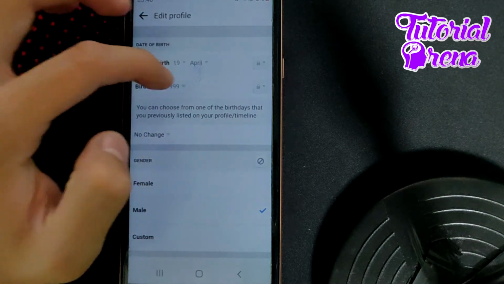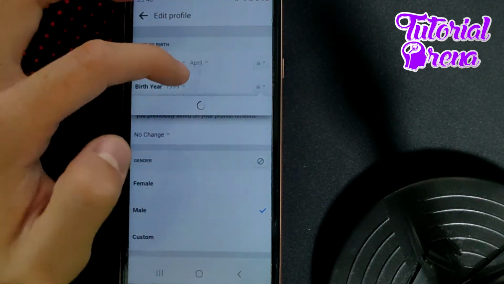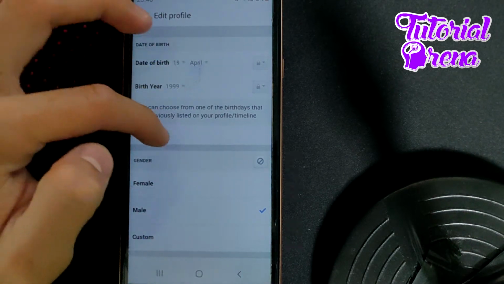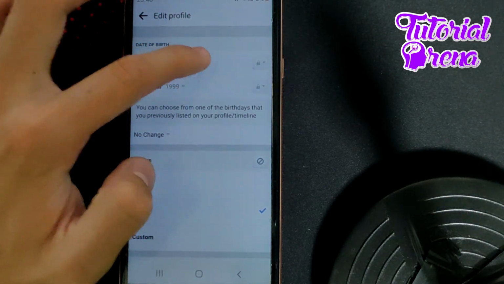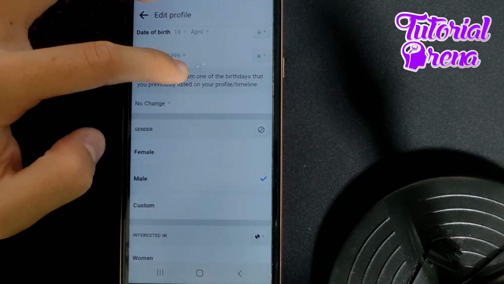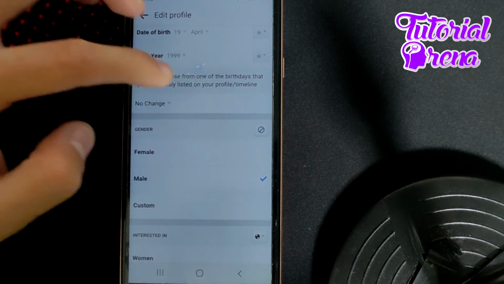Just tap on it to change it, and yeah, from here you can take it if you want public or it doesn't matter. Firstly, if you want to change that selection, you can choose from one of the birthdays that you previously listed on your profile. Okay,